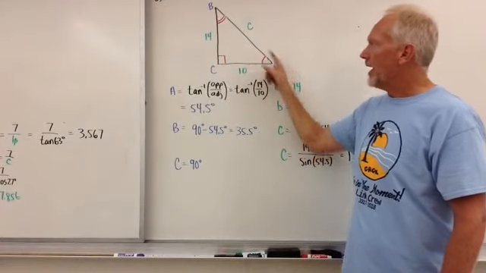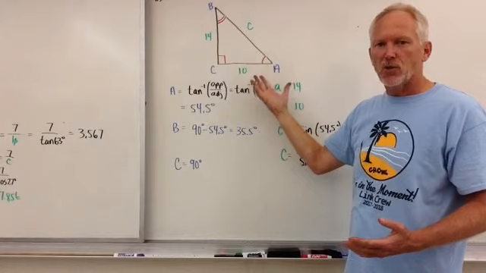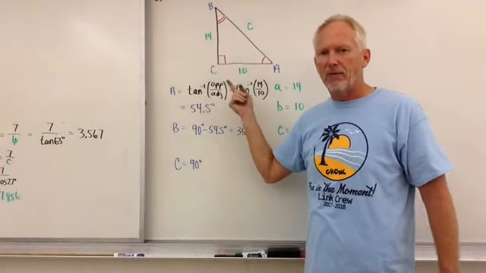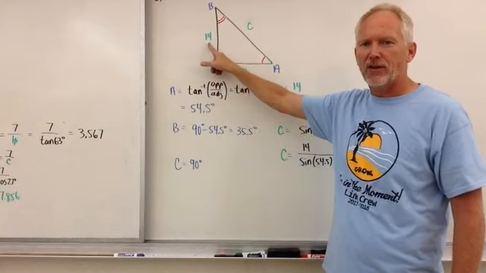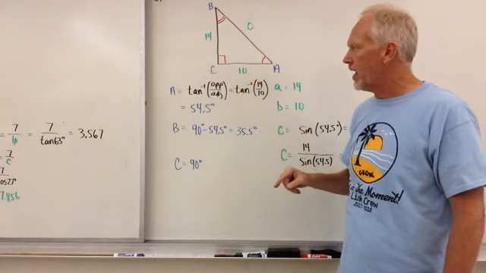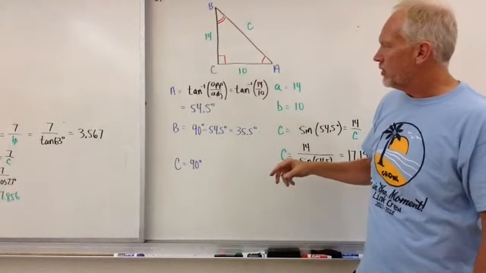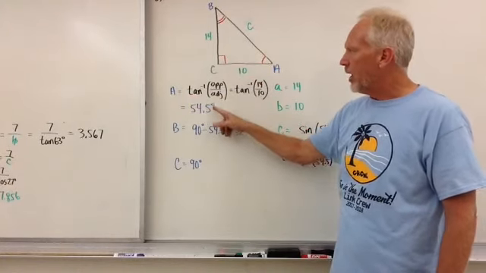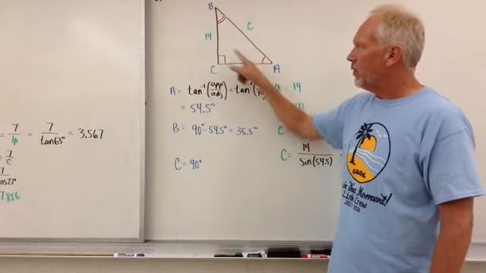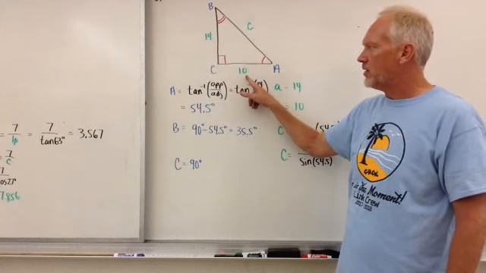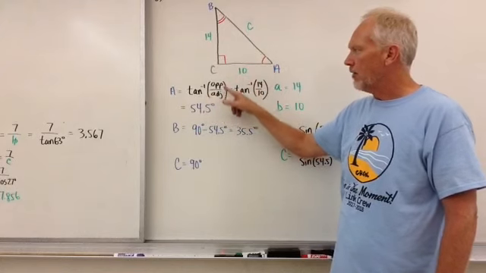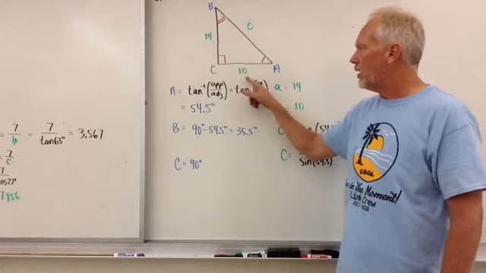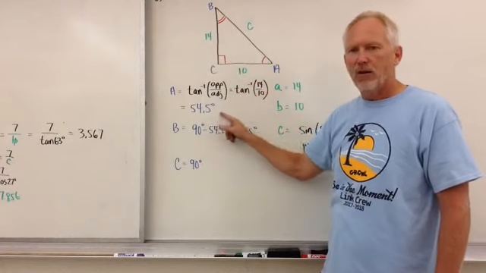So here's triangle ABC once again, but guess what? They didn't give us any angle measures. Oh, no. But we have two side lengths. We have one leg that's 14 and another leg that's 10. So, first, we can solve for the two angle measures. One, by using tangent. A here, we've got opposite and adjacent. So, tan inverse of opposite over adjacent. We use tangent inverse of 14 over 10. And we get